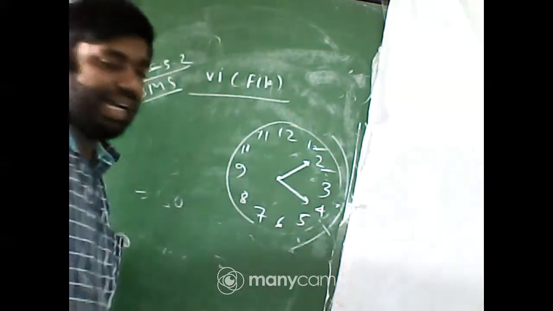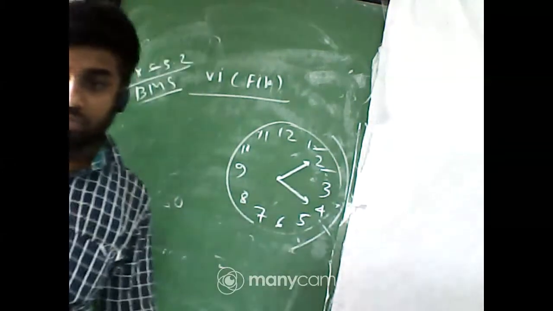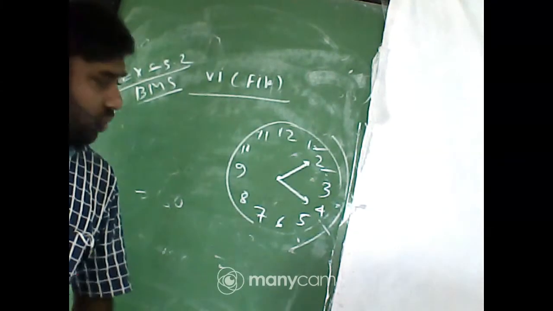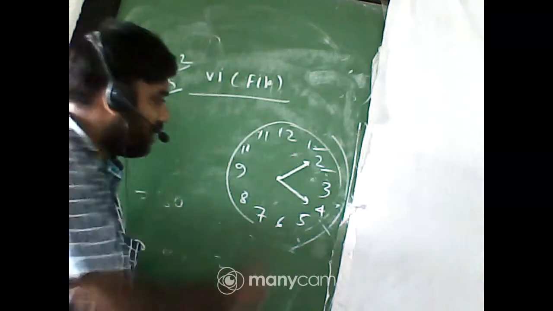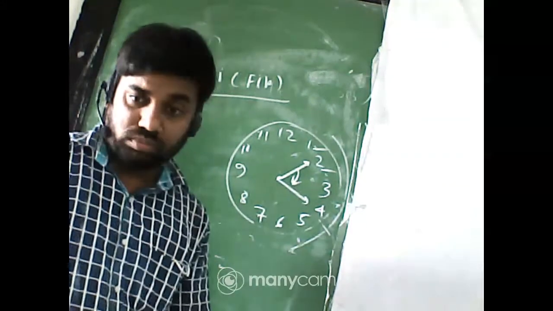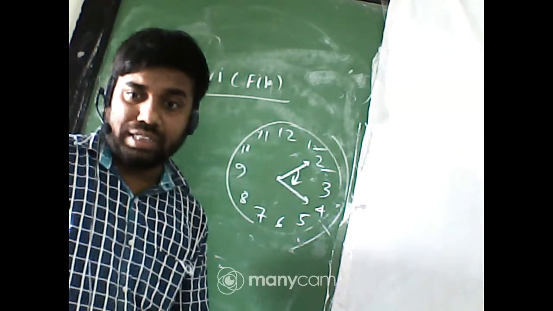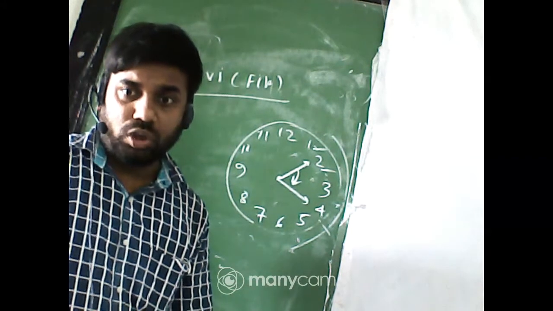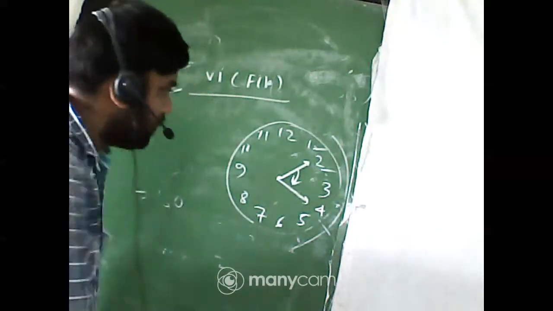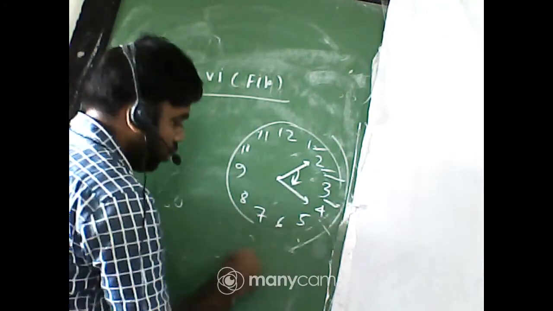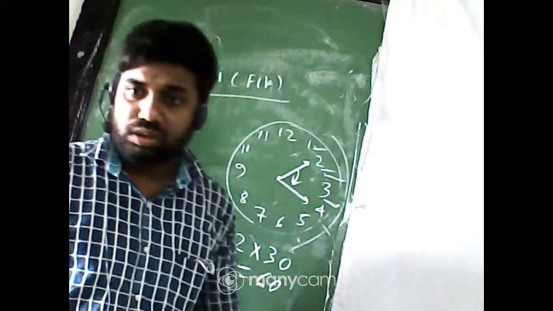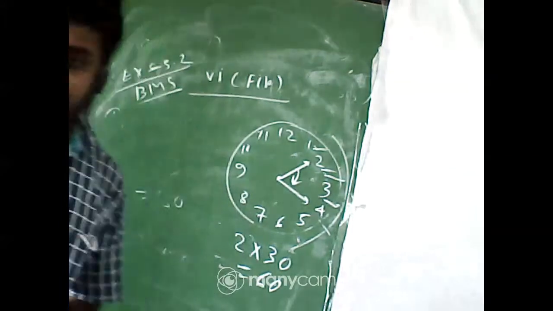now it is 4. What angle it will form? 2 to 4, clockwise direction. Tell me, Tori, answer it quickly. 2 gaps are there. Just 2 to 3, 1 and 3 to 4, 1. So 2 gaps, 2 into 30. That is 60 degree. Got it, everyone?